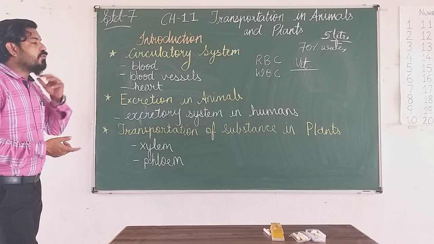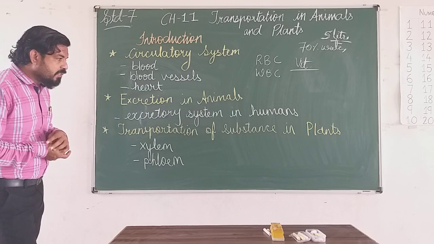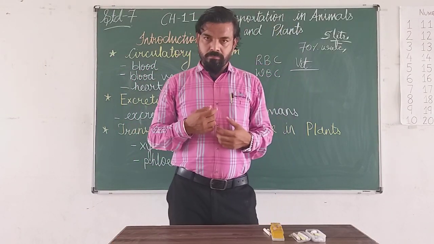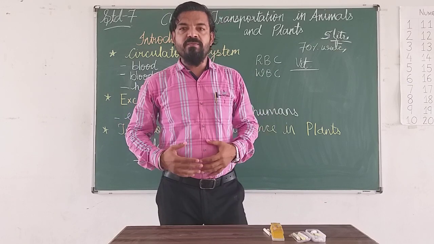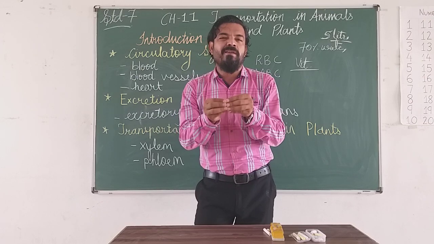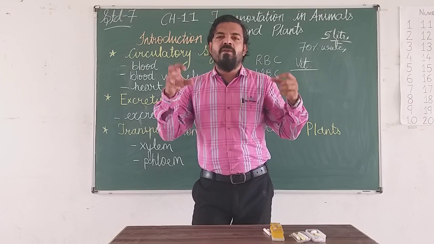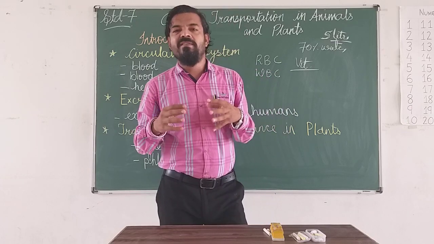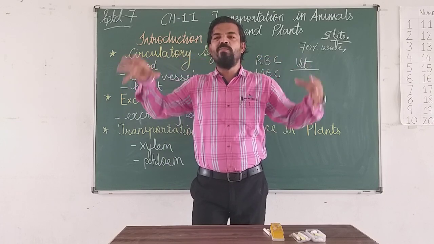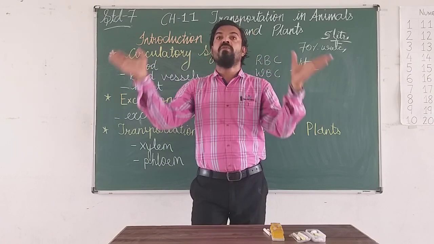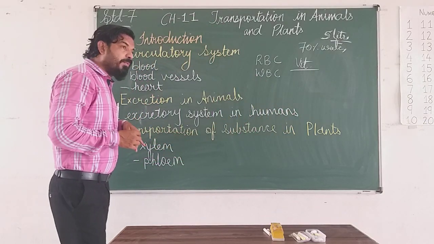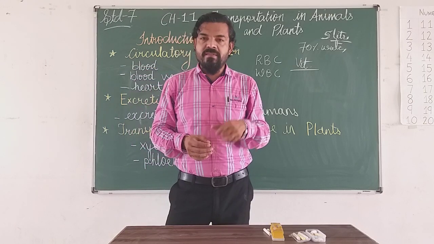Now, at the last point we understand transportation of substances in plants. As we eat food, when the digestive system digests it, the materials that come out are called minerals and vitamins, which are absorbed by the villi present in your small intestine. The villi absorb all kinds of minerals and vitamins and transport them to all parts of the body. Similarly, there is transportation of substances in plants, the substances present in the plant.